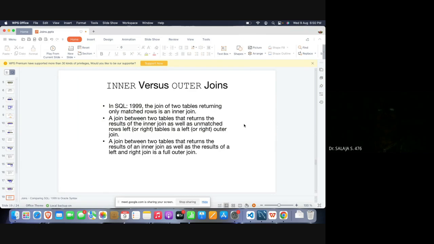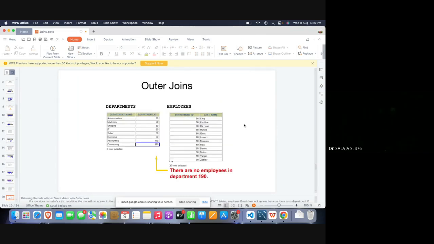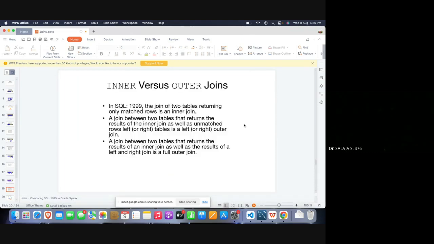Now you have inner join versus outer join. Inner join is where you try to work out with the conditions, and if the conditions get satisfied, you try to